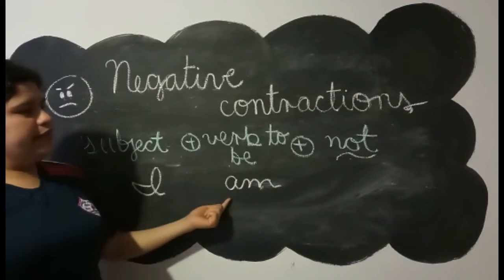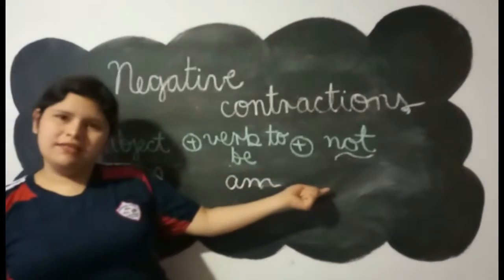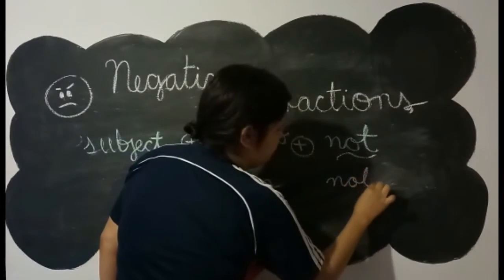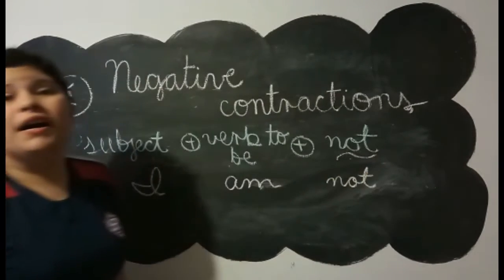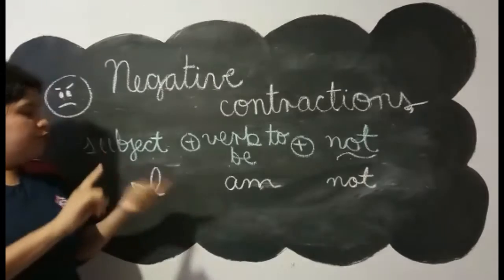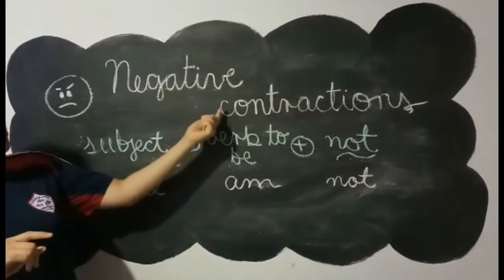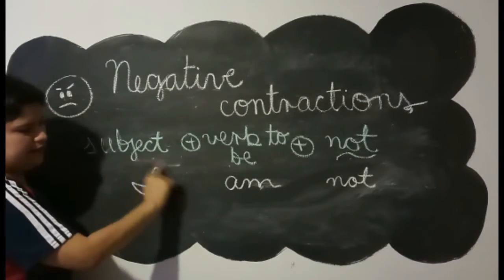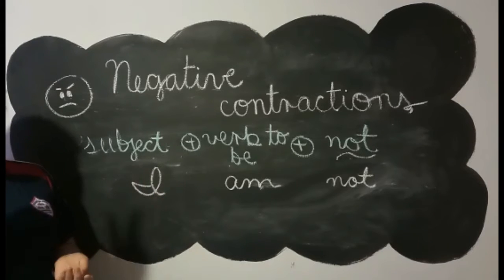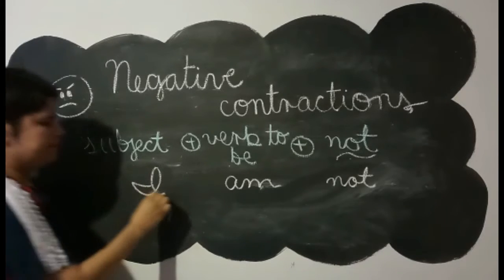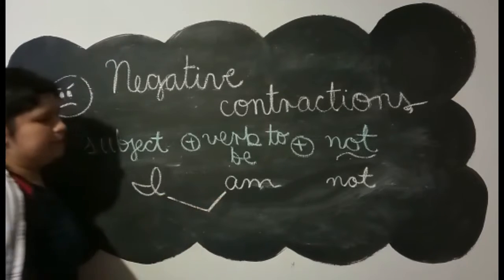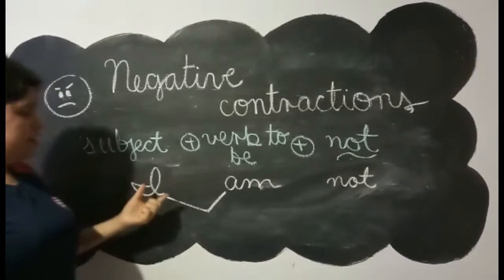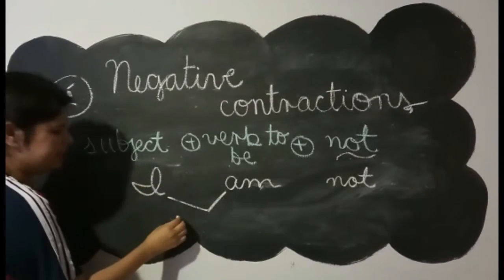Then after this, we're going to add not. But now, to form the negative contraction using I, I'm going to mix two words, I and am. Only those two words. So the contraction is going to be